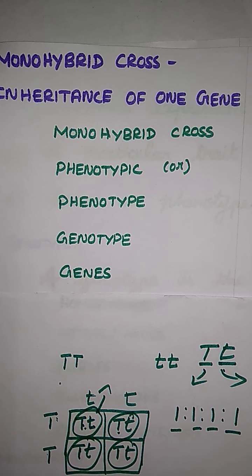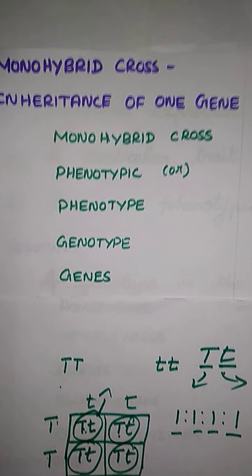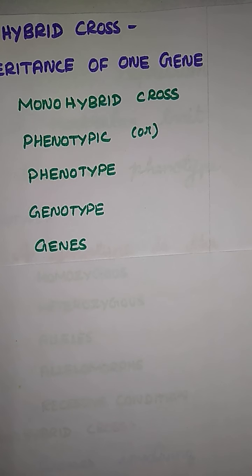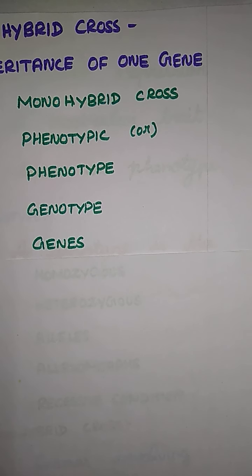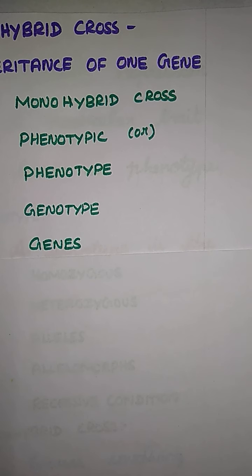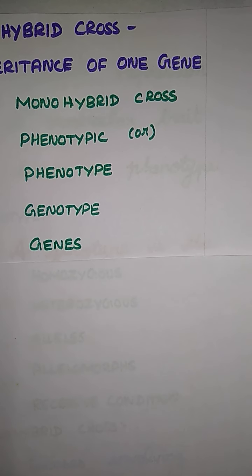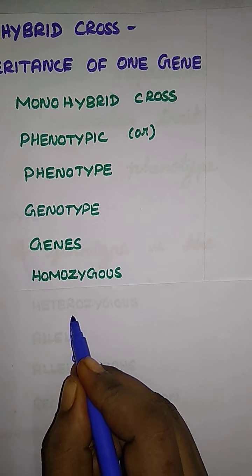And the next one is the gene. We already said what the meaning of a gene is. A gene is the expression of a particular character from the parent. Parent or a particular character, just expressed. That is the gene. And the next one is homozygous. Here homo means same. Genetic condition of an individual with the same alleles. Same allele. Allele first.